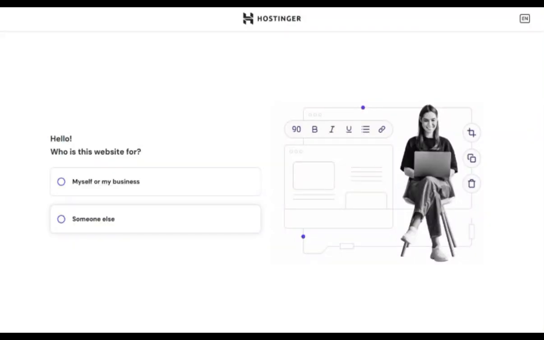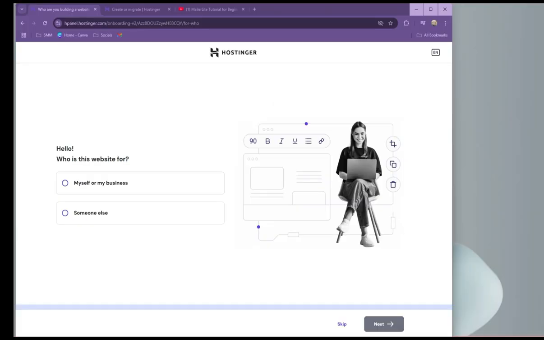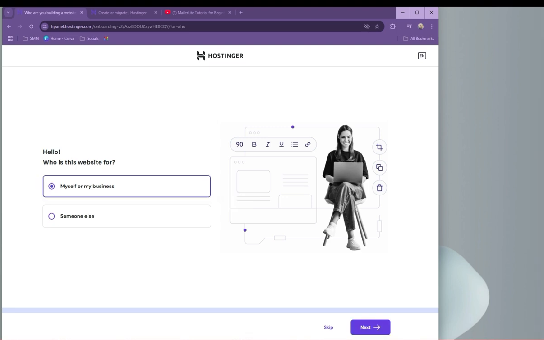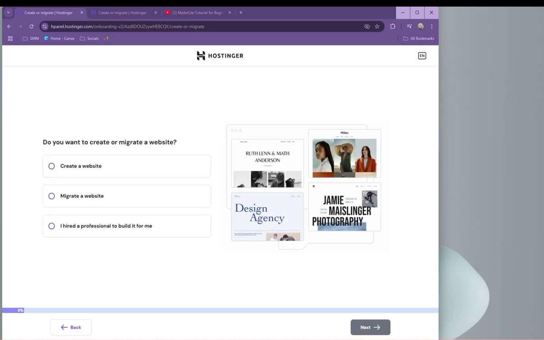Okay, so here you'll see the page after you process the payment or you made a purchase, and then you just have to click the next button and you'll see this page. So, who is the website for? And the caption is myself or my business or someone else. So, we'll leave this to